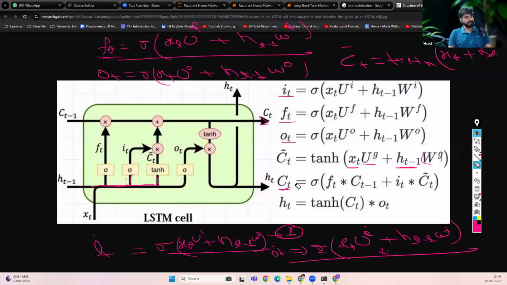next that we have here is C of t. It means the memory block. C of t means the memory block. This one that we are going to calculate, we can calculate with the help of the forget gate,